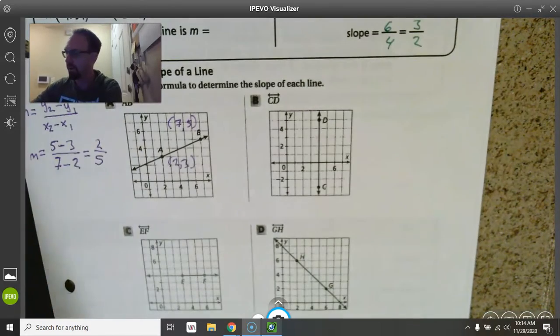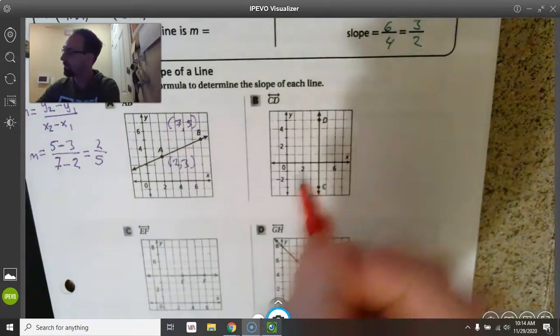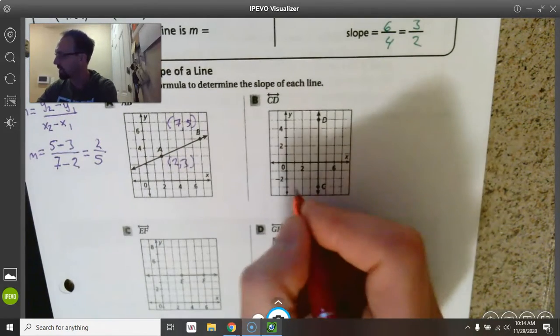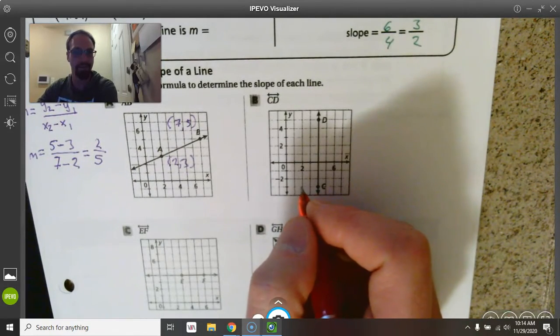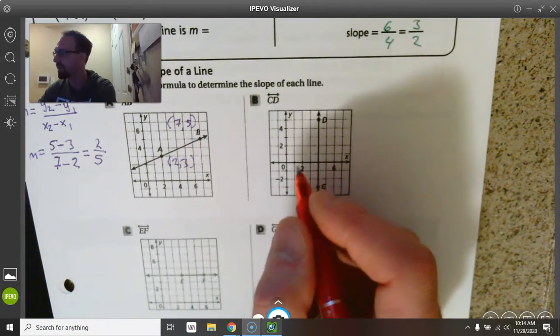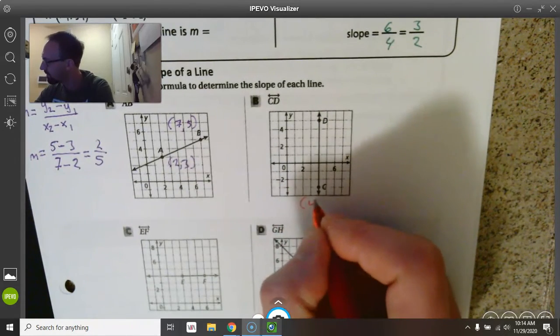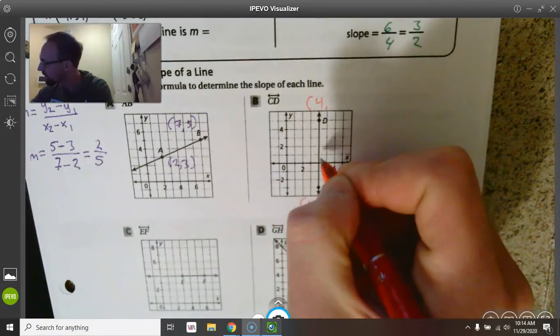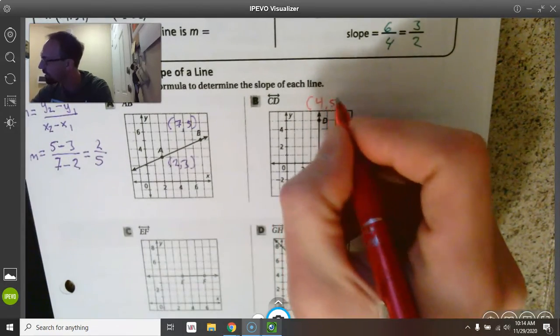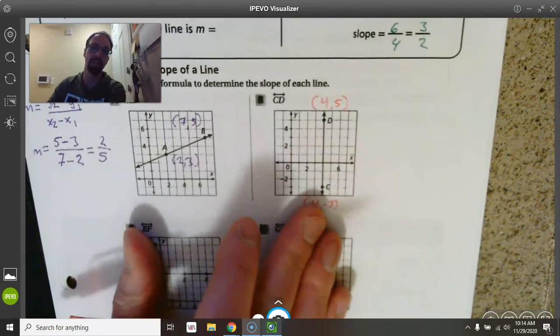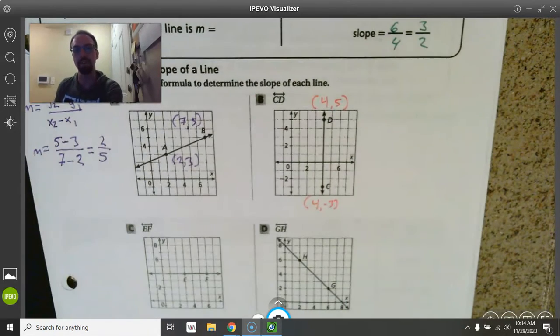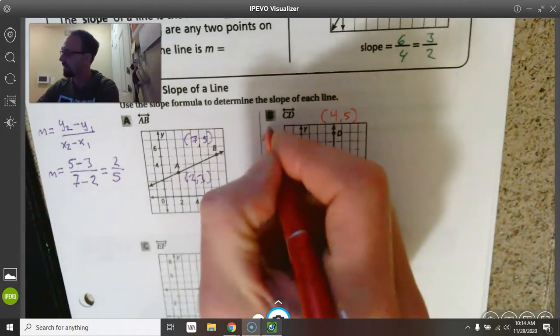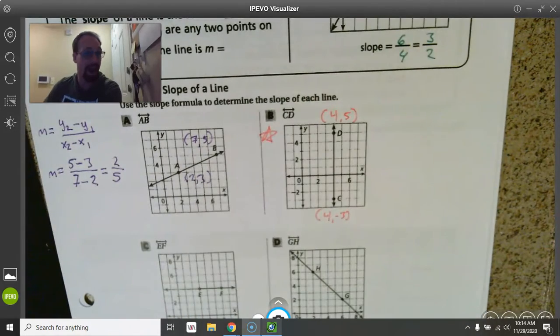Same idea. So here, I'm going to switch colors. So here with B, I'm going to do C being my first point, and then D being my second point. So C is 4, -3. D is 4, 5. Whenever you have one of your values being the same, whether it's your x value being the same or your y value being the same, that gives you a special case or a special scenario. So it's good to remember these sort of problems where you have either your x or your y value